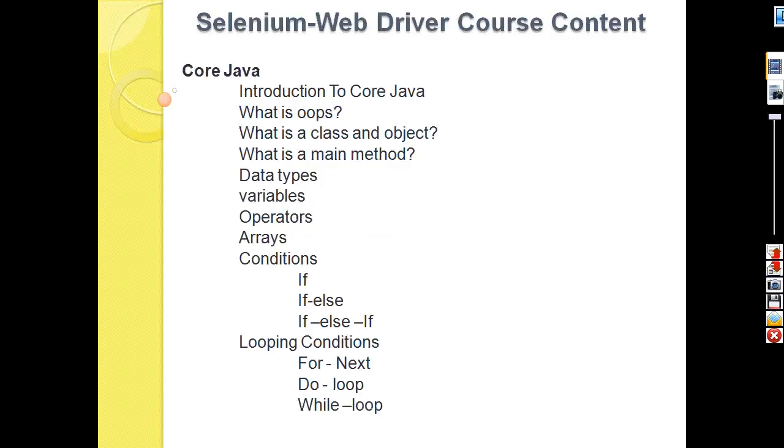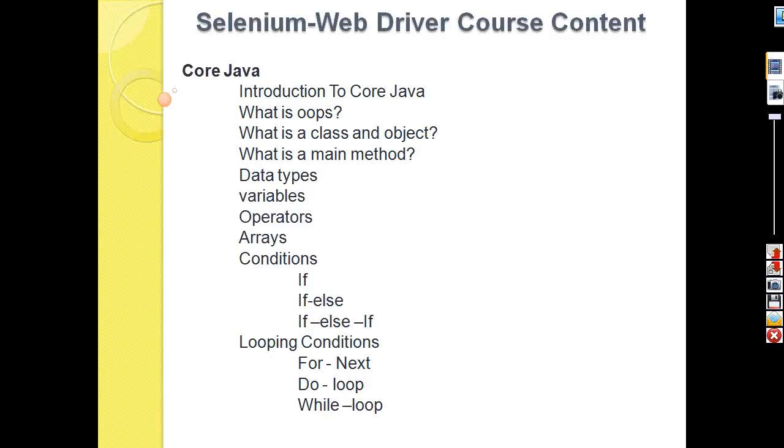Coming to core Java. If you want to go for an automation tool, you must know some language compulsorily. But we prefer Selenium with Java here, because most companies go for this combination. Selenium is open source, Java is also open source, and Java also works in a very powerful manner with Selenium. And now I will give the introduction to core Java.